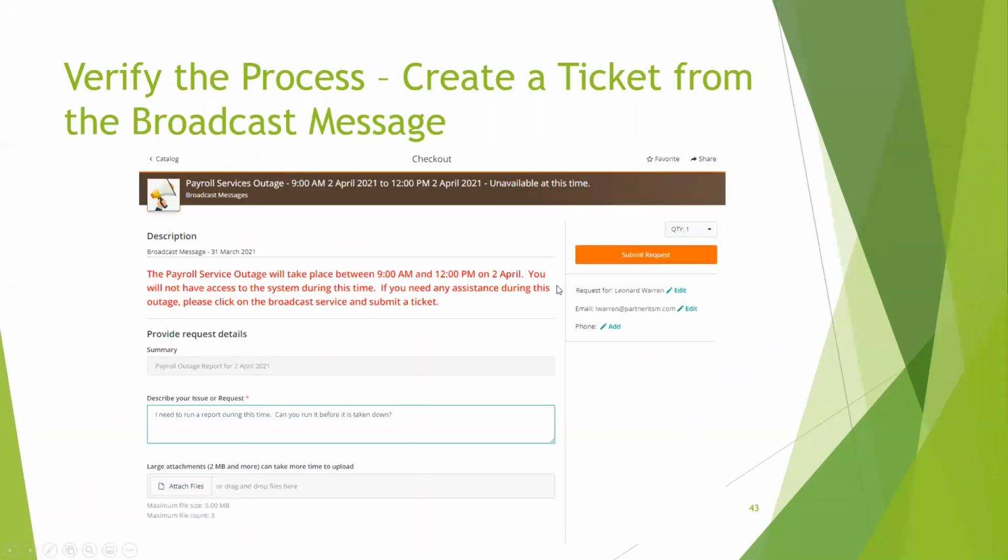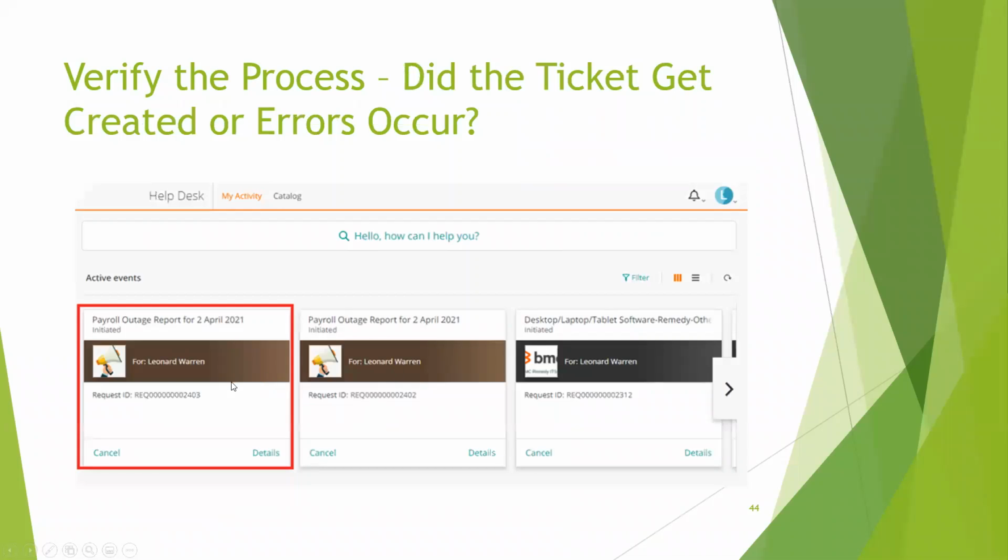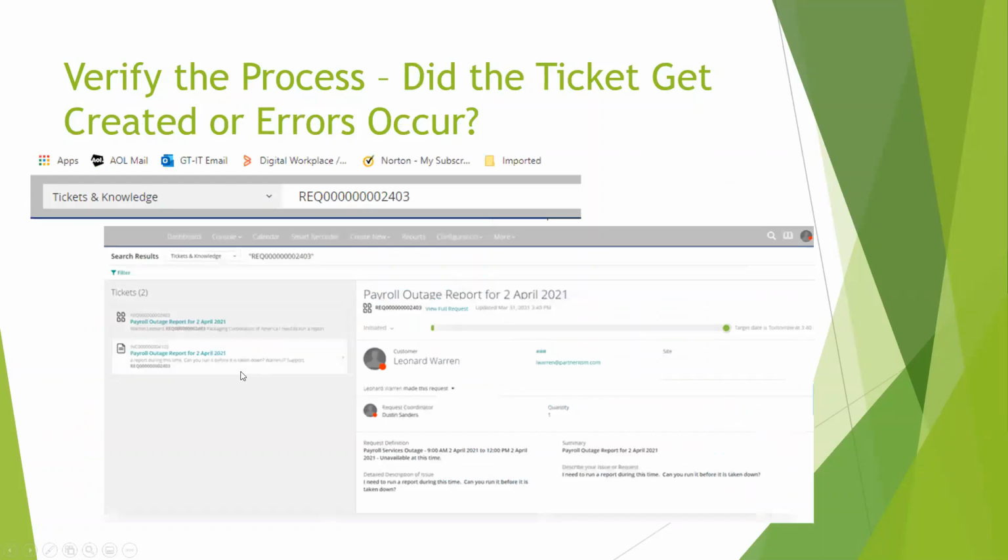They click on it. They see it in big, bold red. They can answer the ticket questions. They can submit it. And when it comes in as a submission, it now can be acknowledged to whoever the template's going to get it. And now I can see the payroll outage, and there's a reference that somebody had an issue with. So that's where you can keep track of a broadcast message still available to both SmartID as well as to DWP users. And then you could also look to see if there were any issues tied to that type